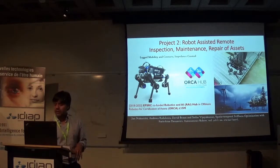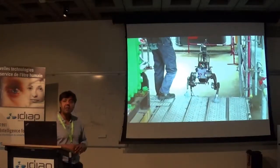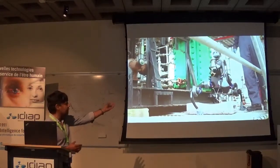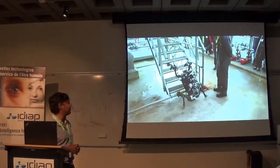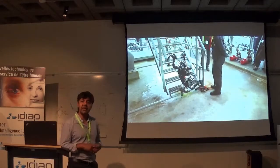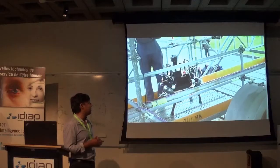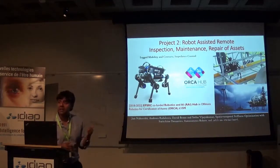So, you've seen this video already, probably a couple of years ago. You've probably seen much more recent videos from Marco yesterday. But the whole point is trying to get mobility on complex terrains like this for deployment of various sensors, both for sensing the environment. Well, two things. One, we want robots to sense their own state and environment, but also we want to place active sensors in these places to get